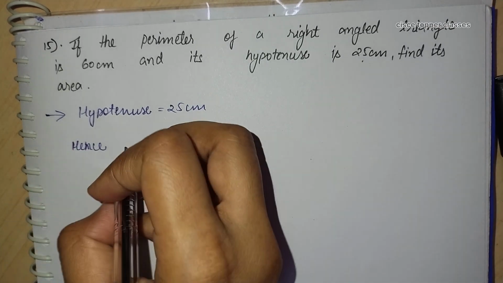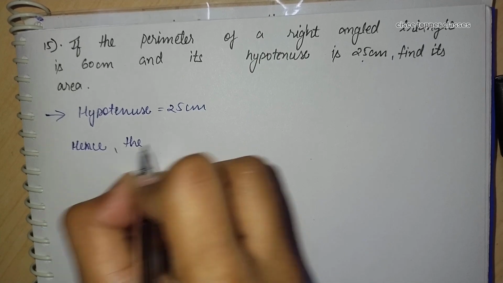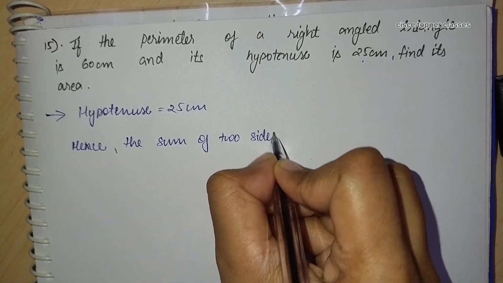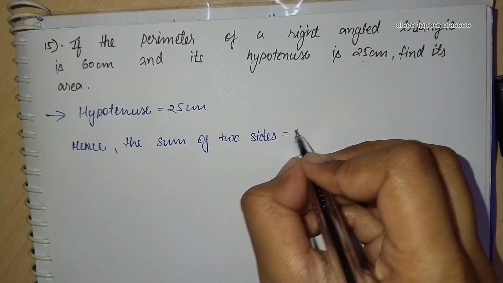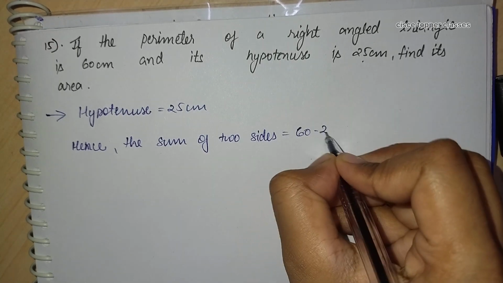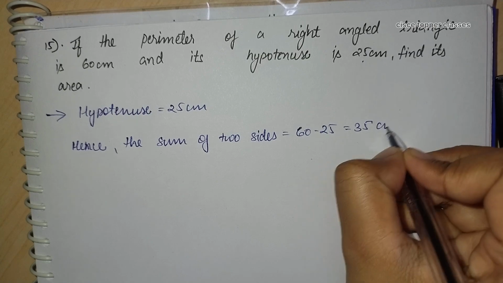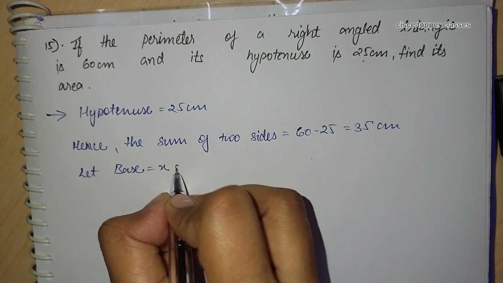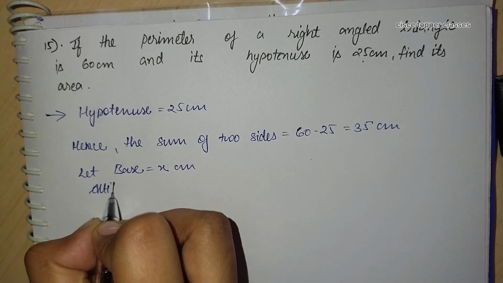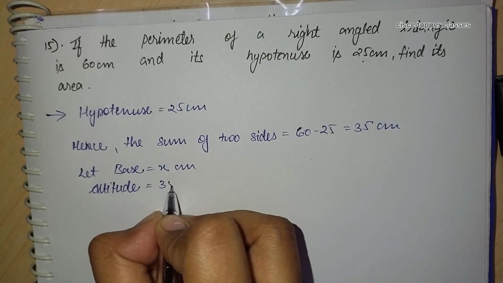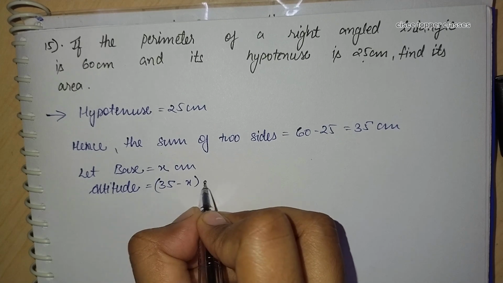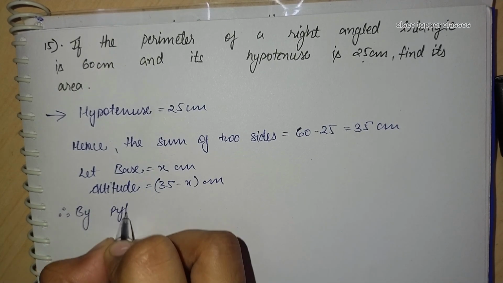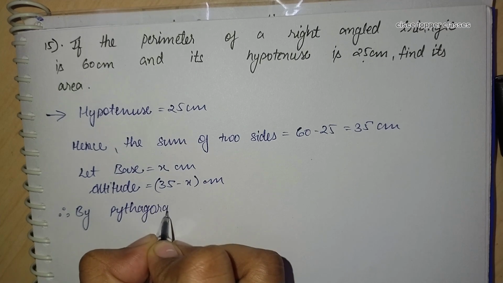Hence we can write that the sum of the two remaining sides, which are base and altitude, is equal to 60 minus 25. So this is 35 centimeter. Here we will let base as x centimeter, and altitude as 35 minus x centimeter. So here by Pythagoras theorem,